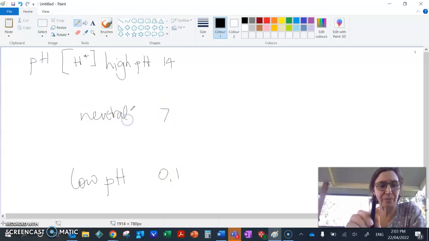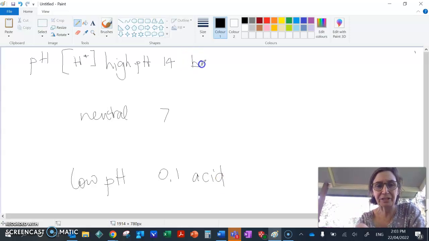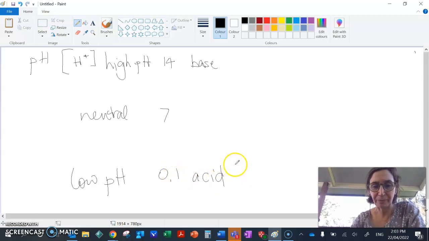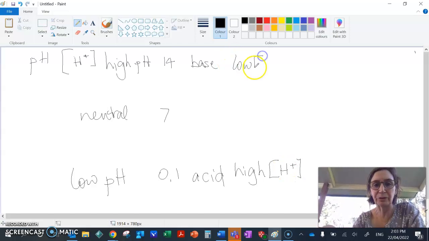What I want you to remember is that these low pH here is acid, and these high pH, the opposite, is base. So these low pHs have a high concentration of hydrogen ions, and the bases have a low concentration